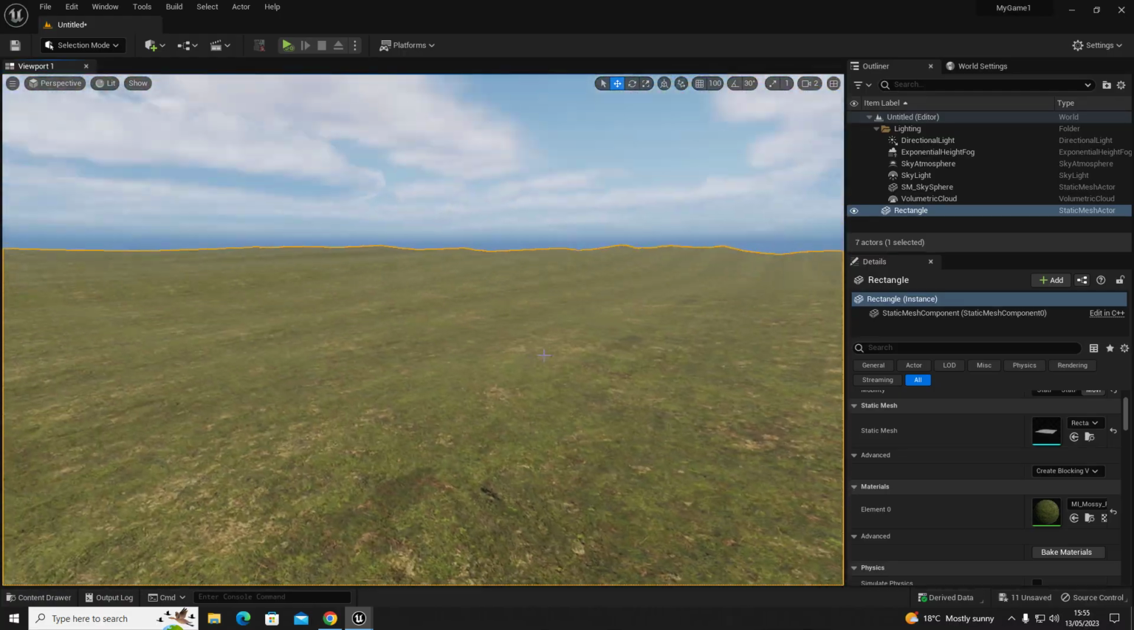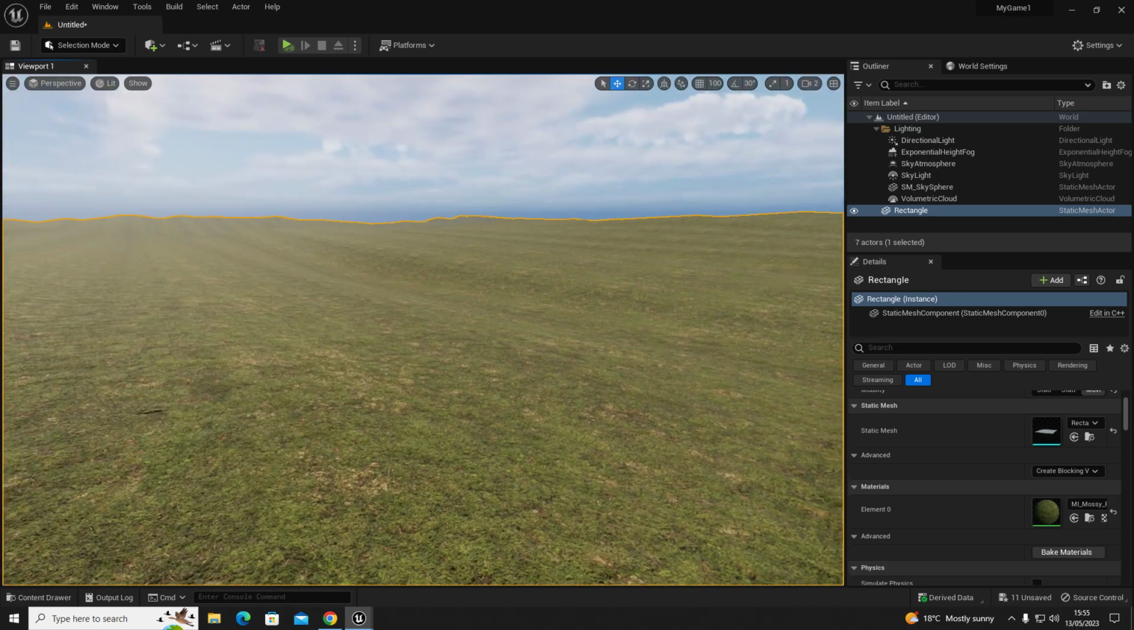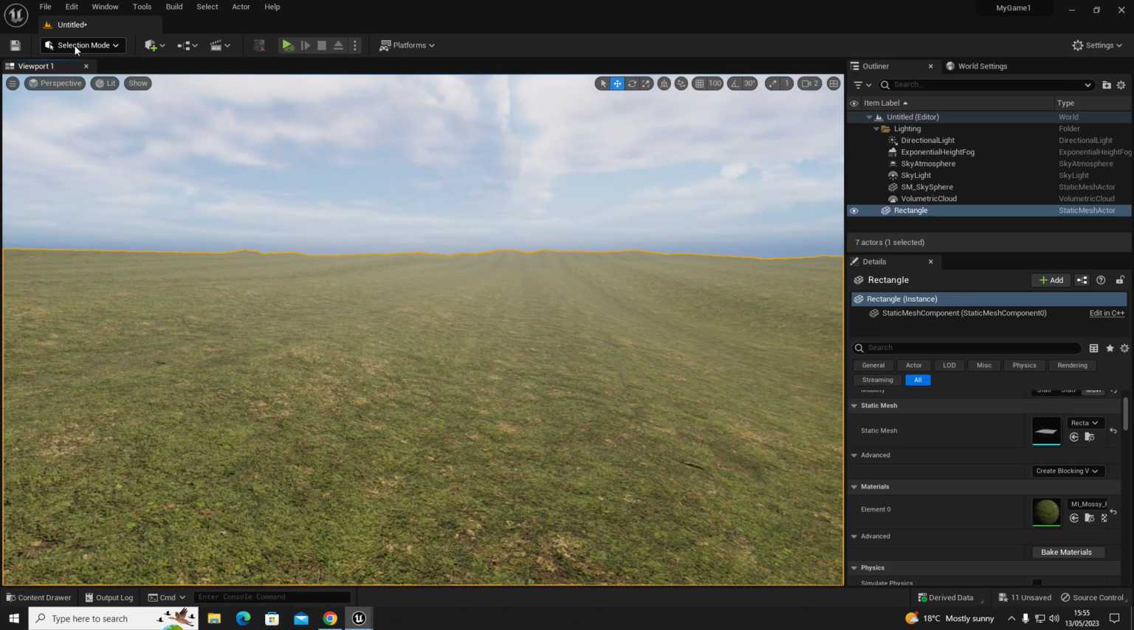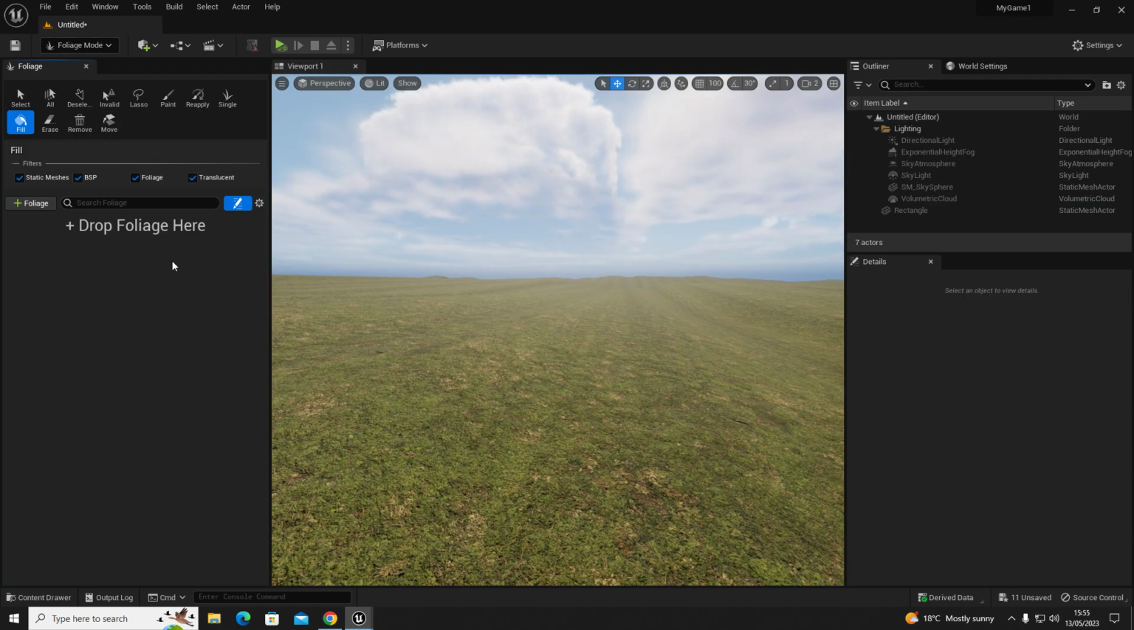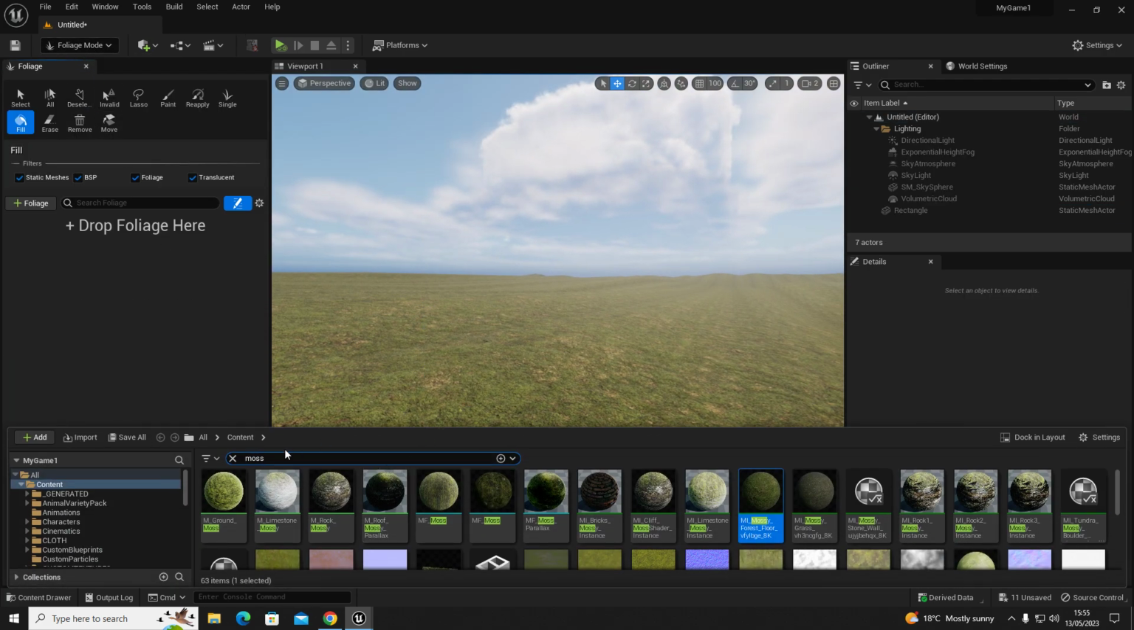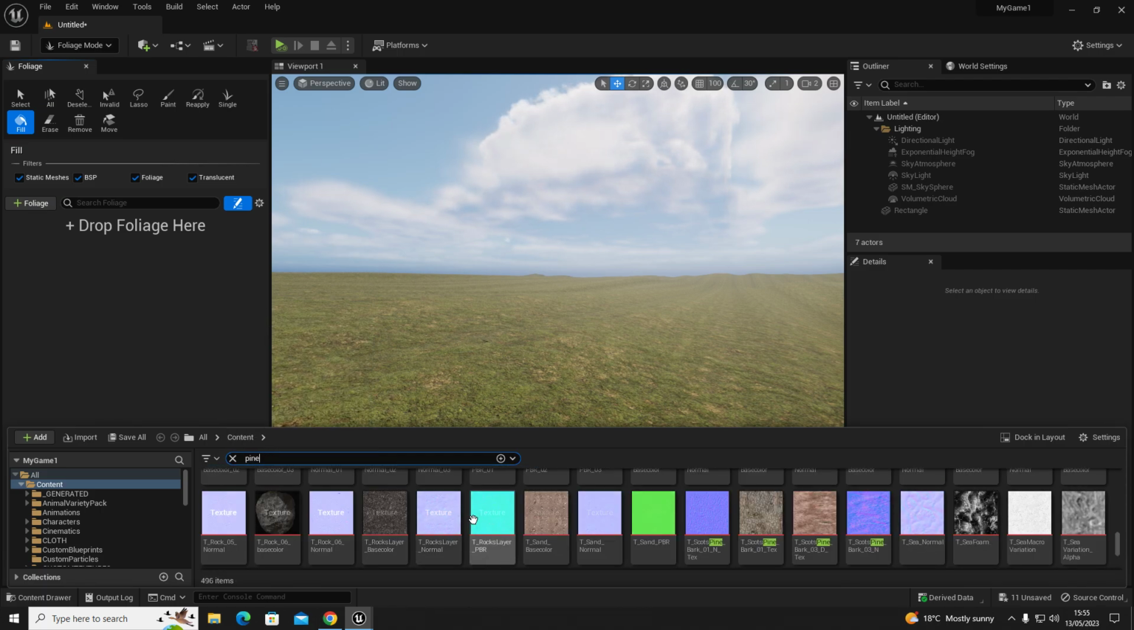And then we are going to start adding our meshes and our foliage to the landmass. So we're going to go to the foliage tab in foliage mode, and we're going to search for the trees that we want. So I'm going to look for the pine tree,